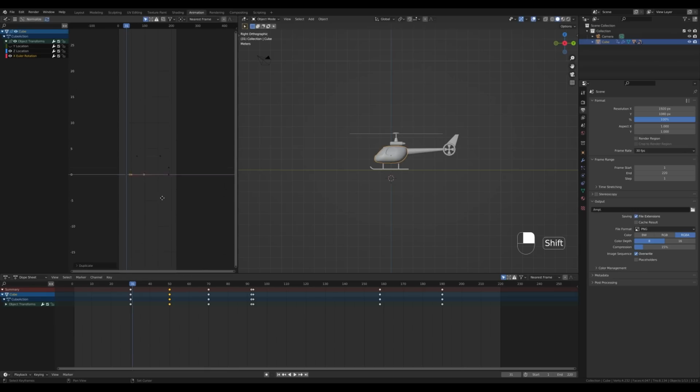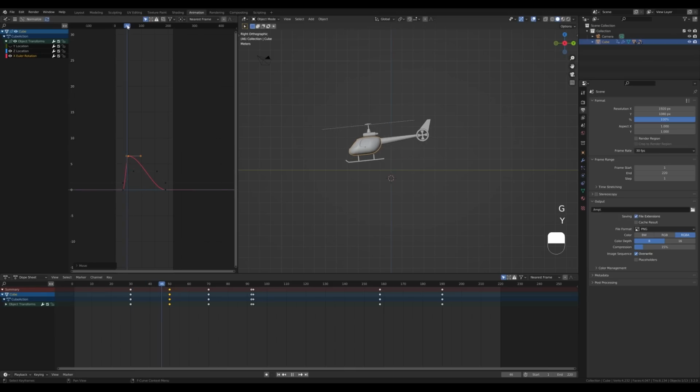And we can of course modify the rotation. You can see these numbers here. Those will be degrees basically. So we'll press G, then Y and move it up. And of course we'll need to move this as well so we actually see what happens there. So let's press G, then Y, and this way we are tilting the helicopter, and something like this should be enough, something like 15 degrees. So the helicopter will fly away like this and come in at an angle.